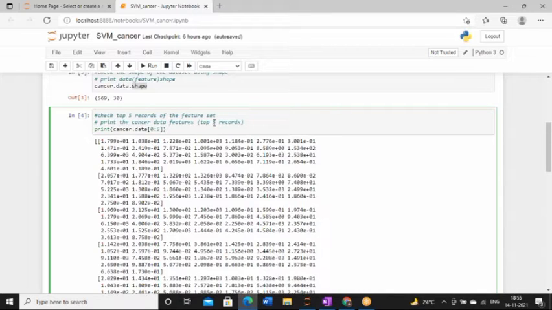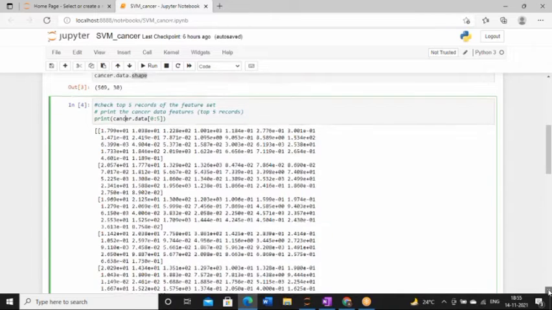For that purpose, you have to use this concept, and we know what this concept is all about. It is a slicing concept. I'm just fetching the subset from my data set. 0 to 5, top 5 data will be displayed. I have printed this one, and cancer is the variable name which is holding the data set. So this is how it will display.